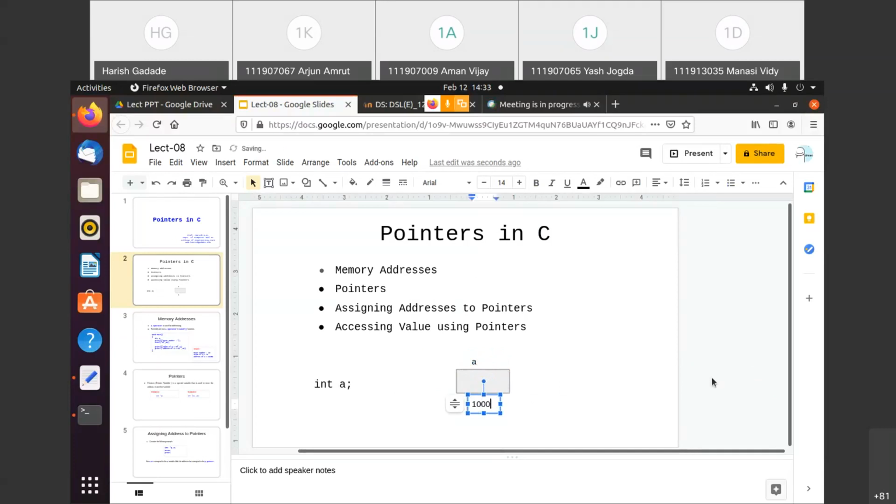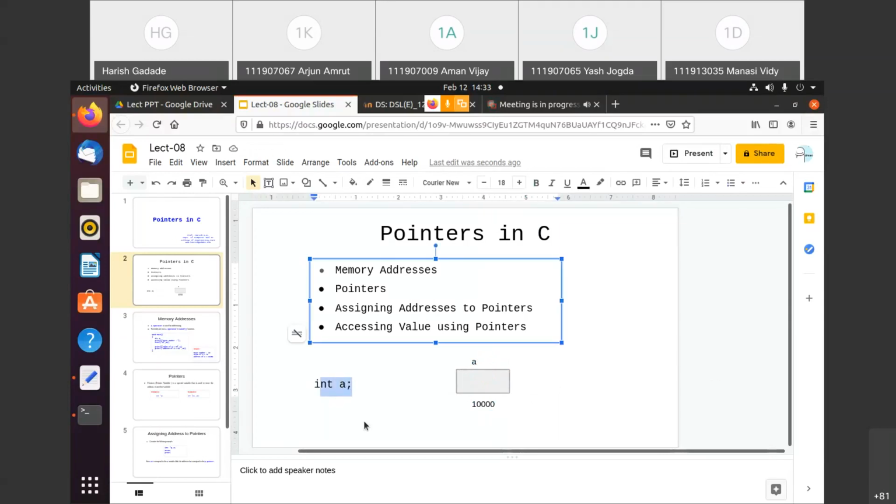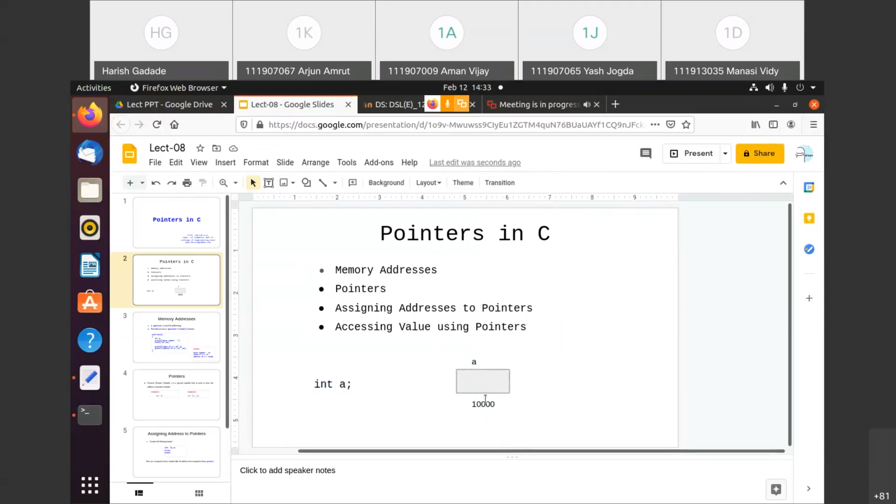Suppose that address is 10,000, right? So when we write this single statement, this happens inside the memory.